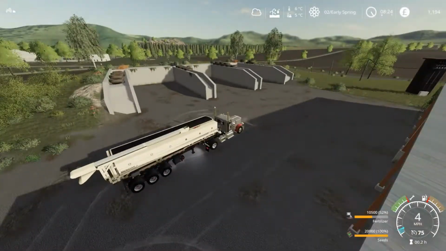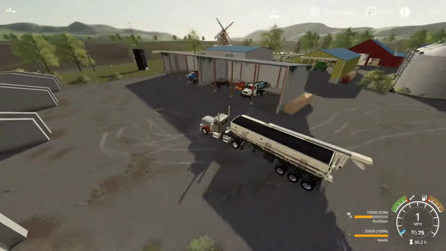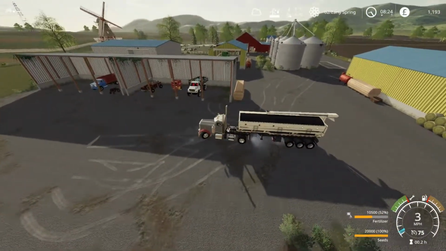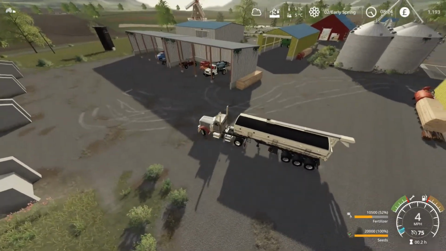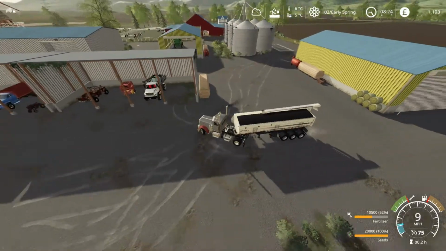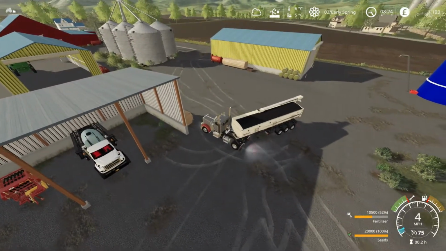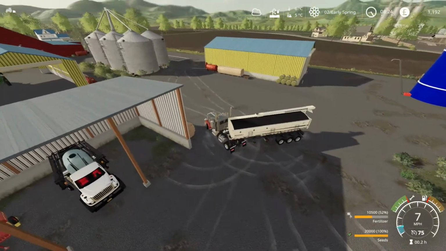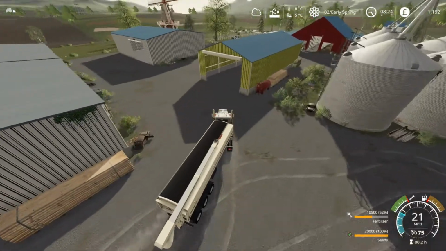Okay, so we are topped up, ready to go. Let's just reverse. Oh, Mr. P, you're doing an absolute poor job. Nobody would hire you. It's lucky it's your farm and no one else's. So let's get on over to...